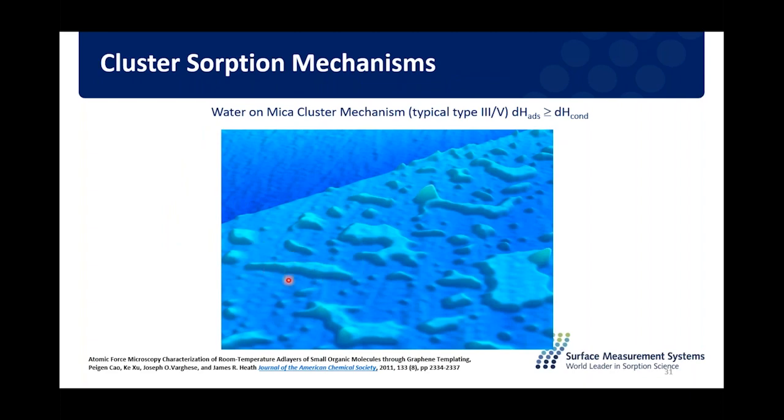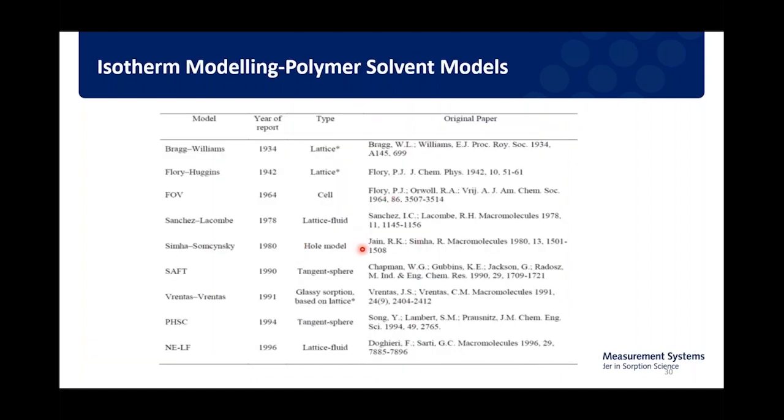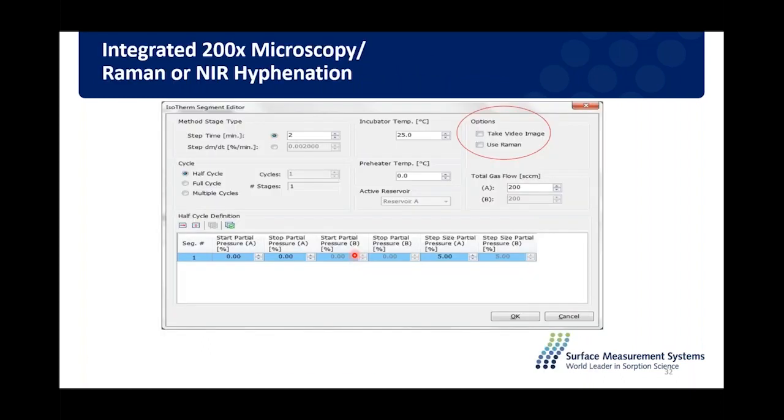Sometimes you could have cluster-based models. It doesn't actually wet the entire surface. This is just showing a visual illustration of that. So I might have hydrophilic regions, I might have hydrophobic regions, and sometimes that can be determined from the isotherm shape, whether it's what's considered a classic type 2 or a classic type 3 isotherm, where I might get islanding or clumping on the surface as opposed to completely wetting the surface. So this is a visual illustration of what an isotherm model might be able to tell you about how water or other vapor interacts with the material.